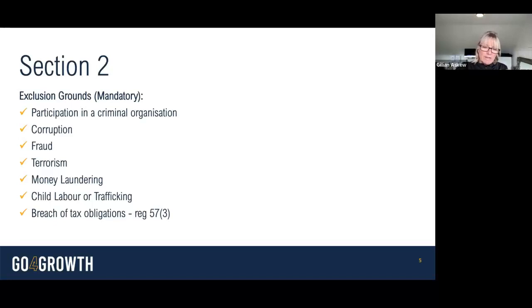However, on screen, what you can see are probably what you would expect to see, grounds for mandatory exclusion. They are substantial issues. And what it means is that if you fall foul of any of the things that are on screen, and when I say fall foul, what I mean in terms of having a conviction in these areas, you would likely be excluded from the competition, and that means you're unable to proceed. So one of the things we get asked is, are there any exceptions to this rule? And the answer is that there are very few.